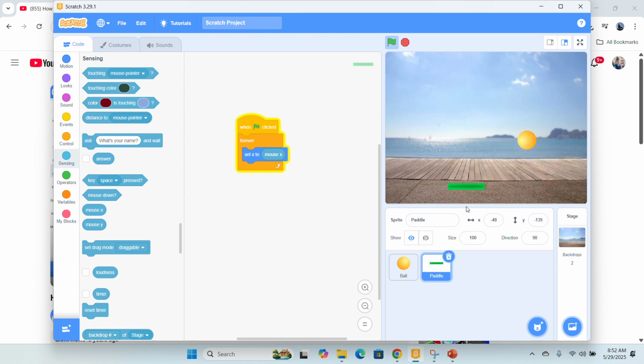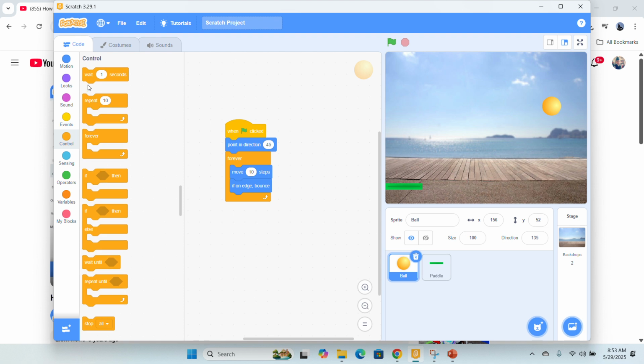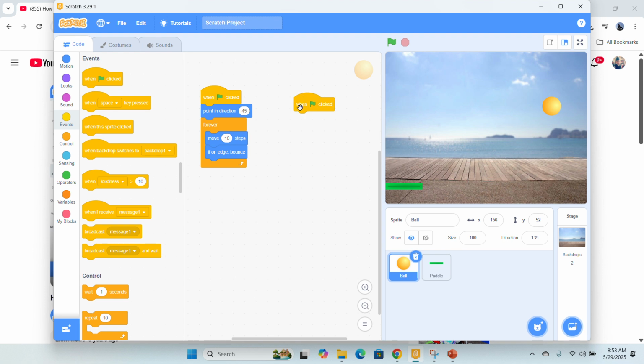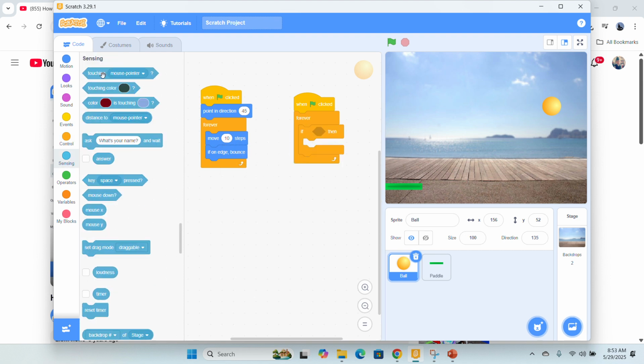Now when it touches the paddle, it should bounce back. So for this, go to the ball. When green flag clicked, and do forever. Then if, sensing, touches the paddle, if ball touches the paddle,